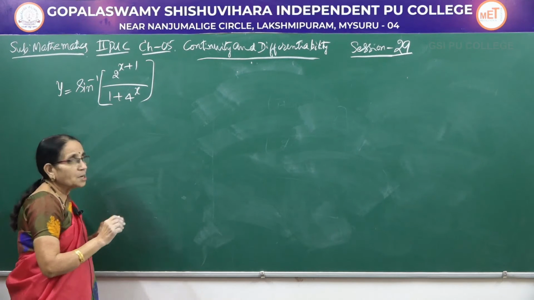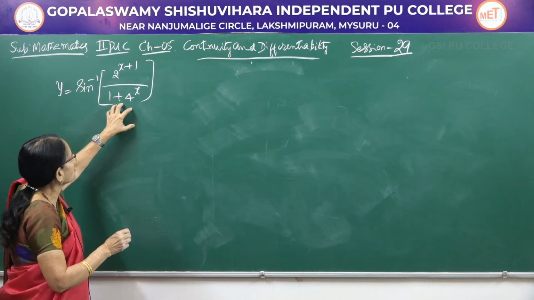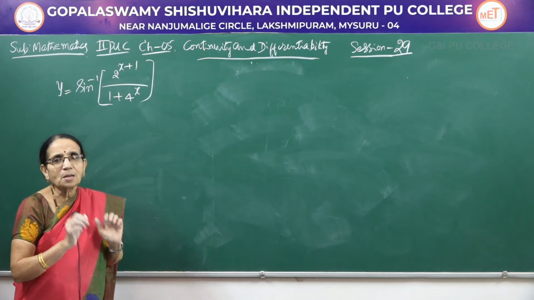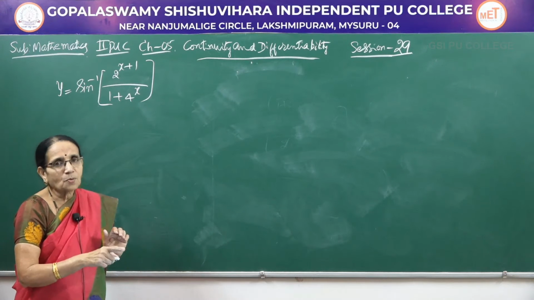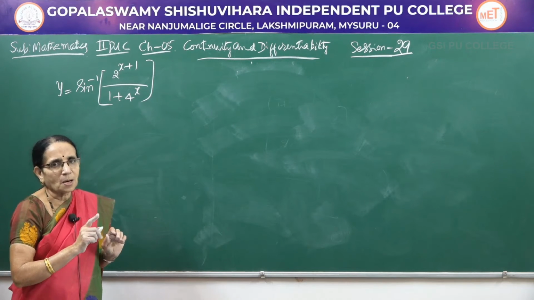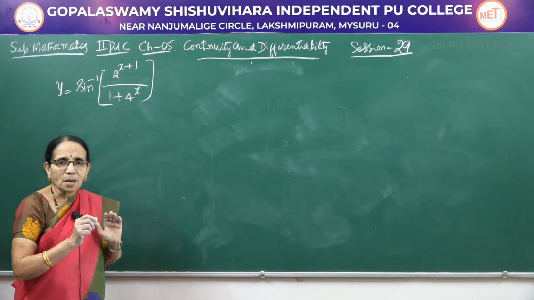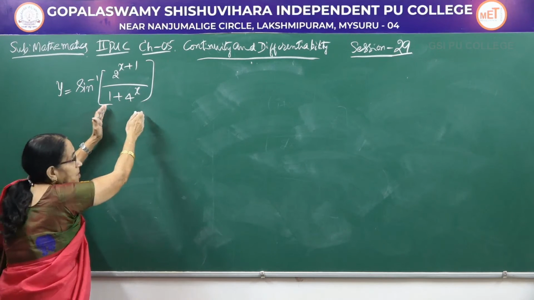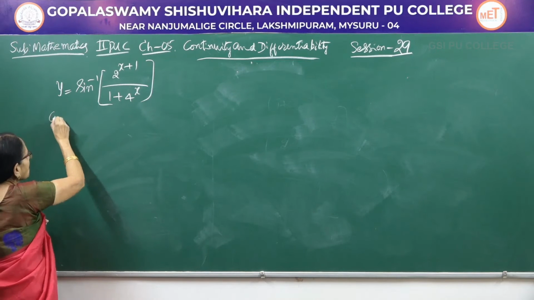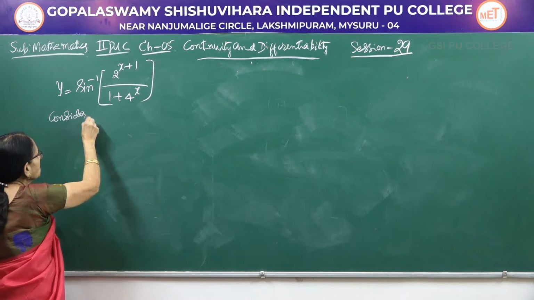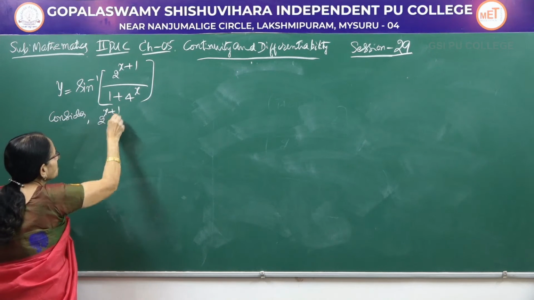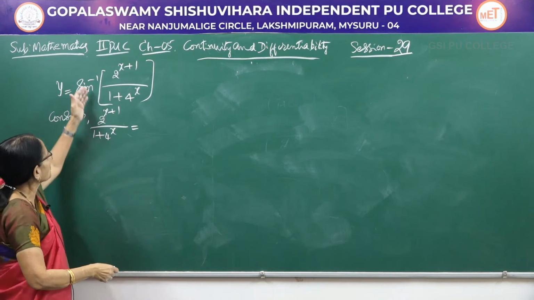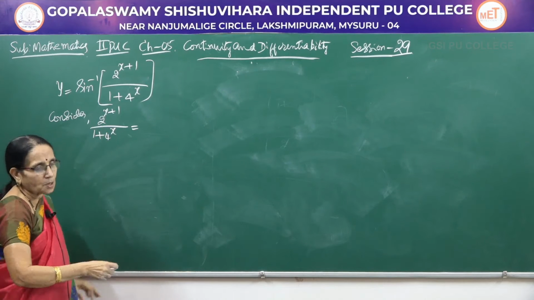So, what I do is, inside the bracket, since outside we have sin inverse, I try to write this as sin of something. In the previous one I made use of the half angle formula. Here it is not possible. So, I have to make an assumption and try to simplify the function. First I will take only this part, then I will come to the given function. Consider 2 to the power x plus 1 over 1 plus 4 to the power x. Instead of writing this again and again, only that part I am considering.